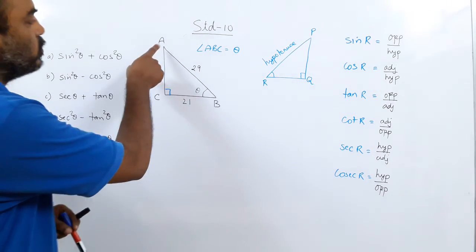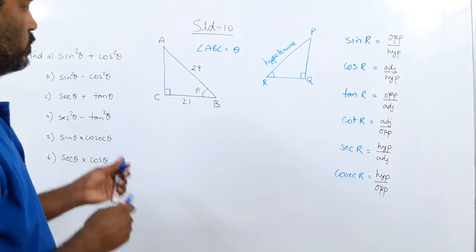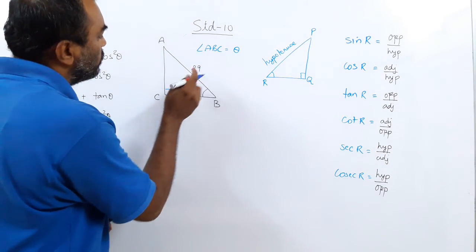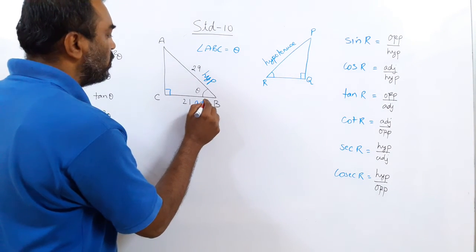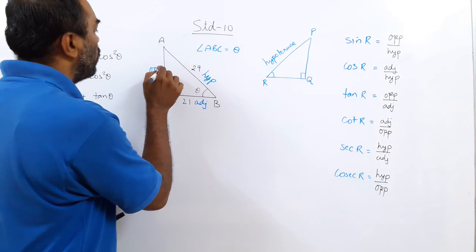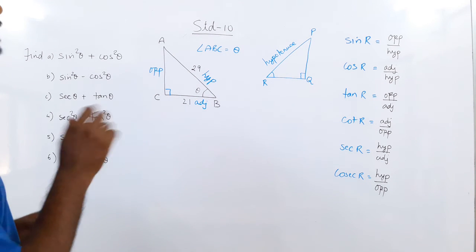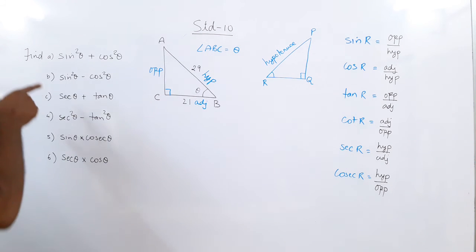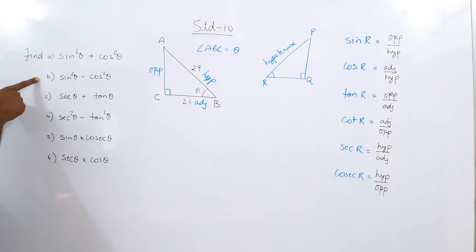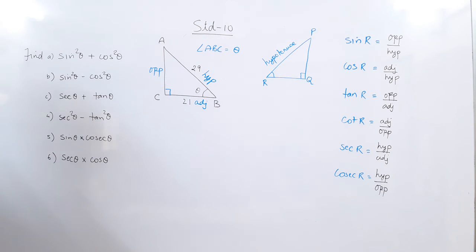They have given us the hypotenuse is 29, and because they have given theta, which side is this? The side opposite to the right angle is always the hypotenuse, and because you have taken this angle, this is the opposite side and this is the adjacent side. So the hypotenuse and the adjacent side are given to us. We have to find the opposite side, and in the textbook the first two are asked. I have added the rest because it makes no difference. Once you know the ratios, you can find whichever value you want.